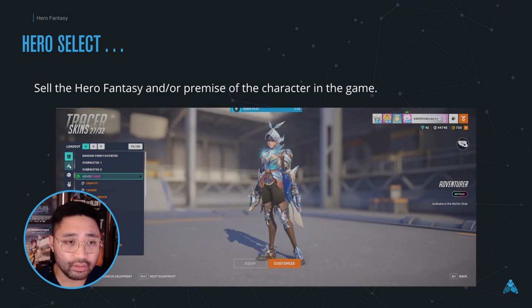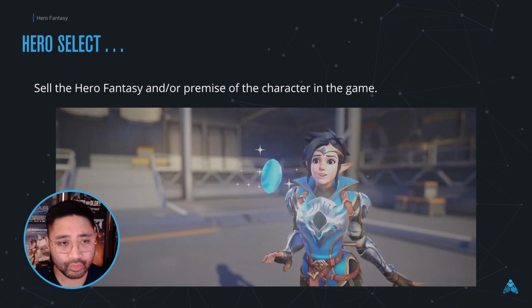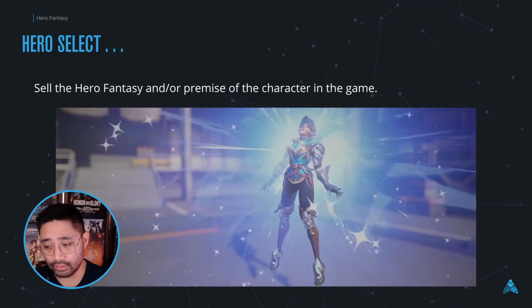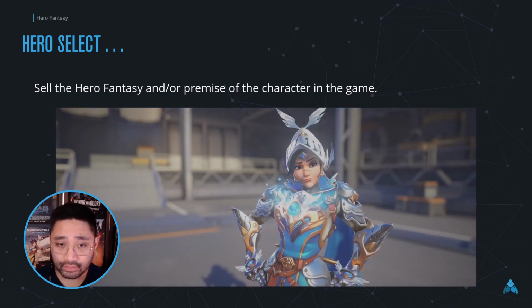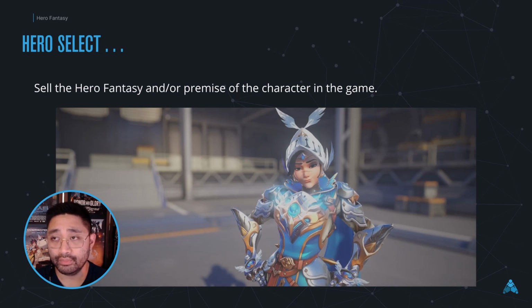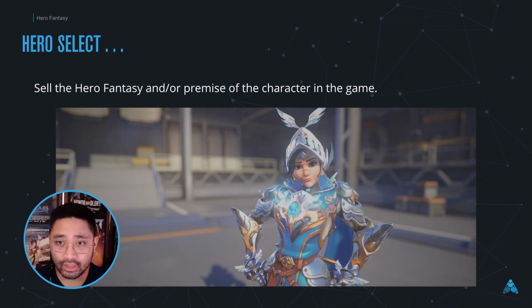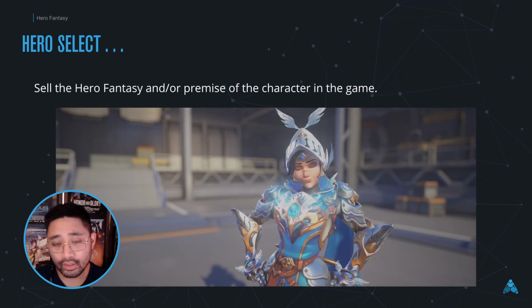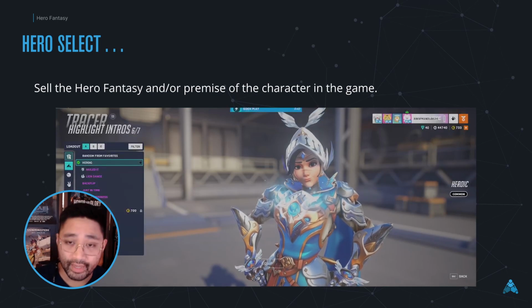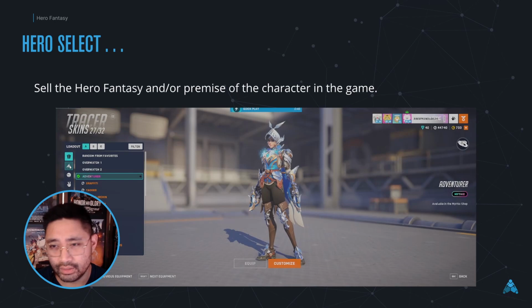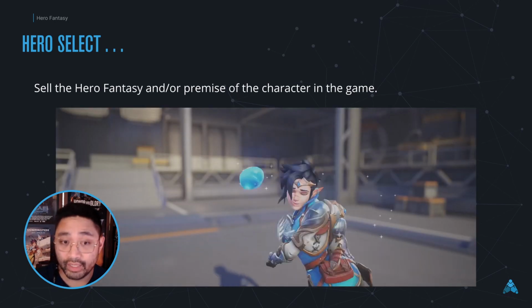More often than not, you'll get some kind of performance out of the character that's deeply steeped in the hero fantasy. Meaning there's some kind of promise as to what you could expect from them in game, like they'd be using one of their abilities that you can use in the game. Or they'll do some kind of performance based off of their personality, something very in character with their backstory and who they are as a character, and not just who you'd be piloting in the game, right?